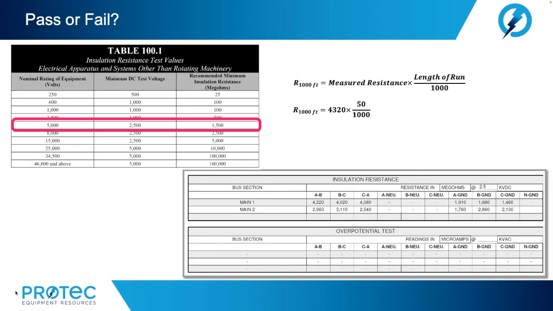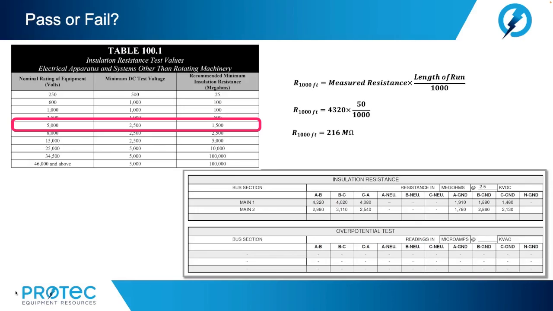So, as an example, let's assume that the length of the busway tested was only 50 feet. Only the bus inside the switchgear section. Based on the conversion formula shown, each measured resistance would need to be multiplied by 0.05 in order to obtain the 1,000 foot equivalent resistance. When we do this, we see that all the measured values would fall below the 1,000 megohms and would fail in the comparison to the